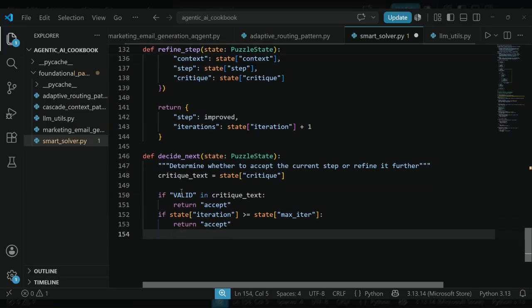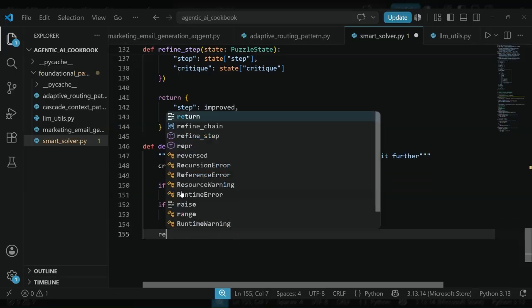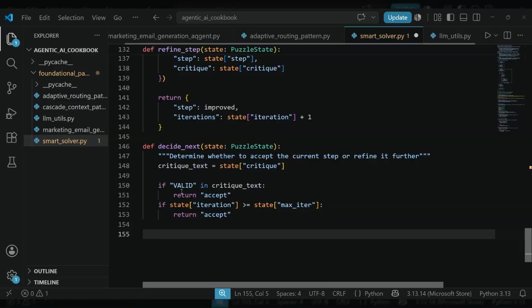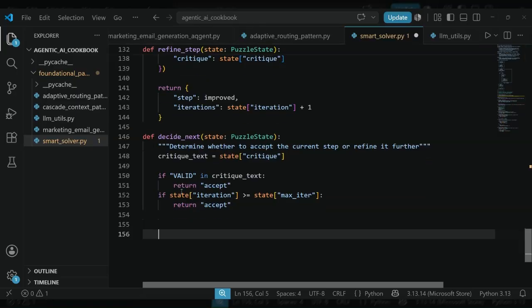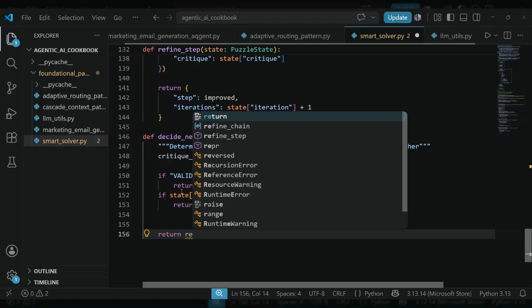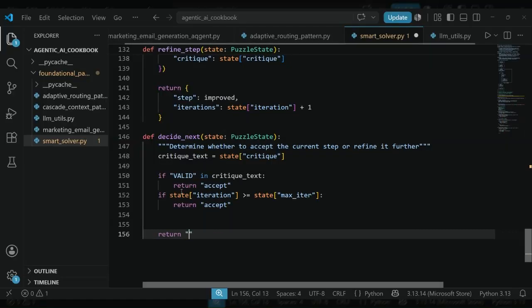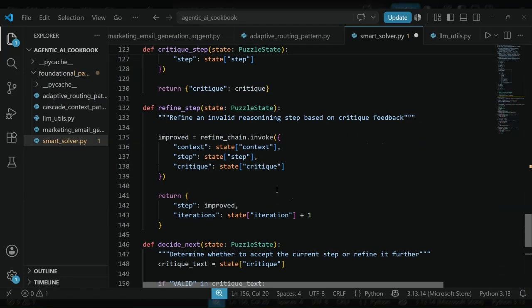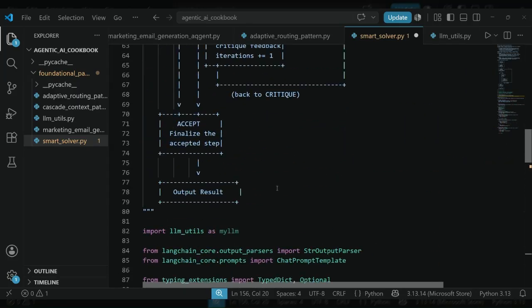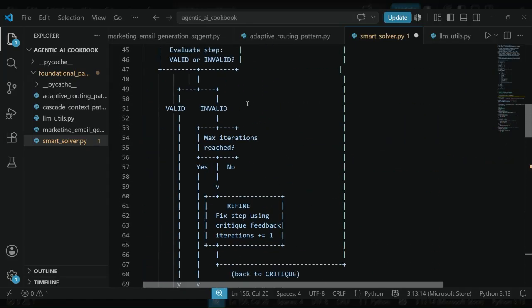Finally it will go for refine. All right, so now we know that we have a loop here which will be either valid or invalid,